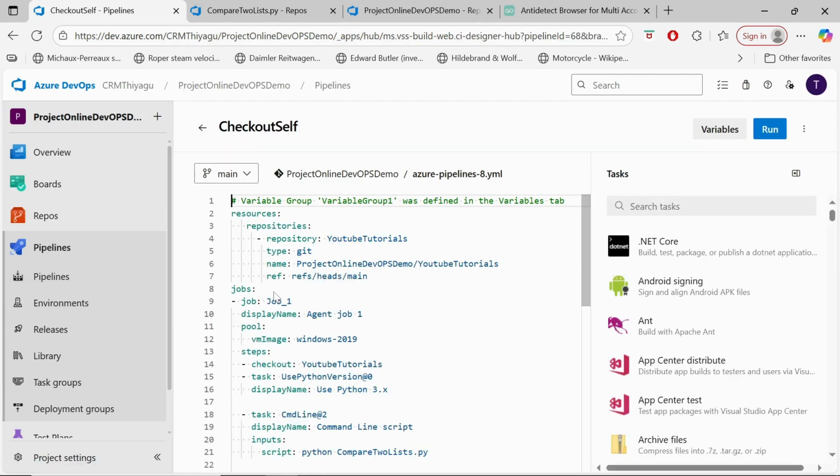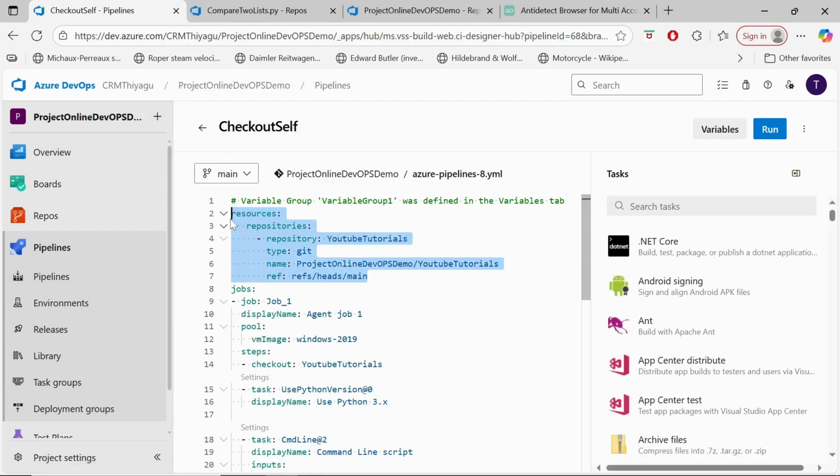What I did is I added a resources parameter and gave the repositories. Under repository, I pointed to the repository in which my code resides, which is my YouTube tutorials. Under there I provided what type of repo it is, is it Git or any other type of repo. I provided that name here, and the name is the path to the actual repository, in the format of project name followed by repository name, and this is the optional parameter ref to point out to